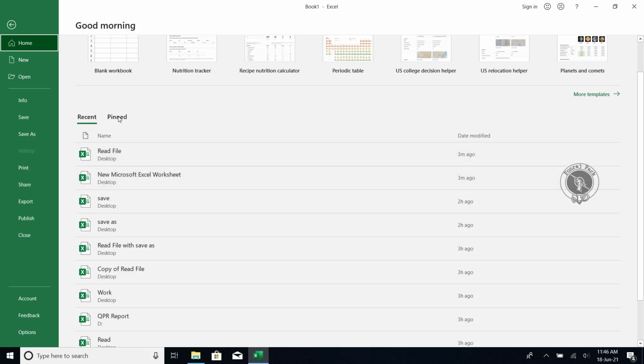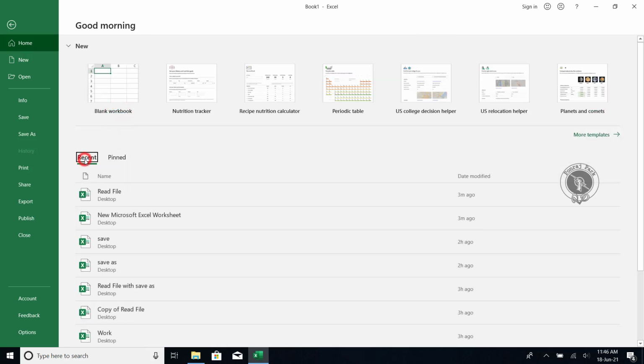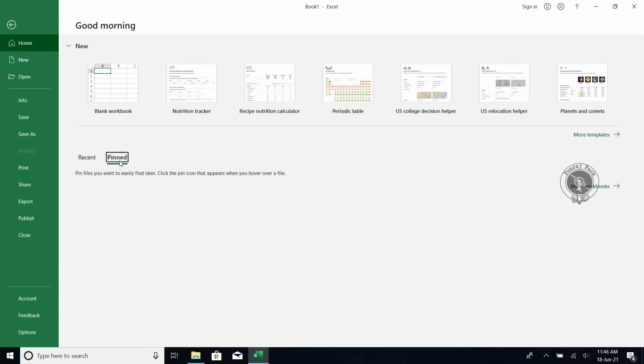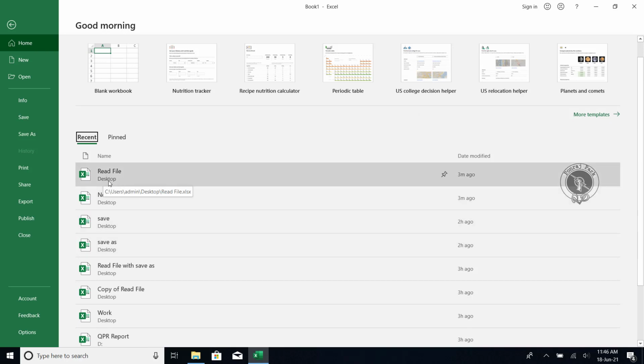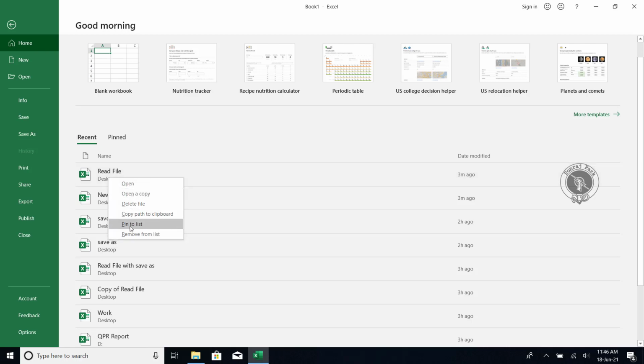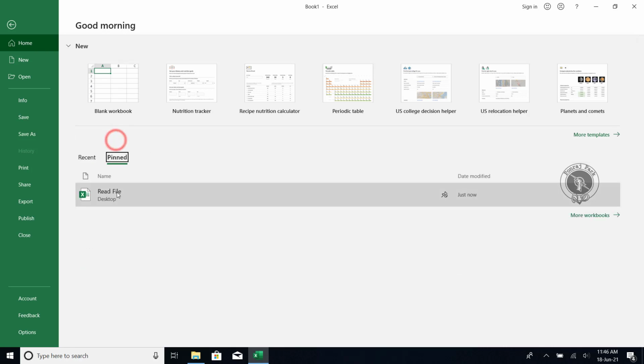In Pinned you can pin any Excel file over here so that you can open that file in a single click. For example, if I want to pin this file, I just right click it and choose Pin to list. I can see that the file is now pinned here. Whenever I need to open this file, I can just give a single click.